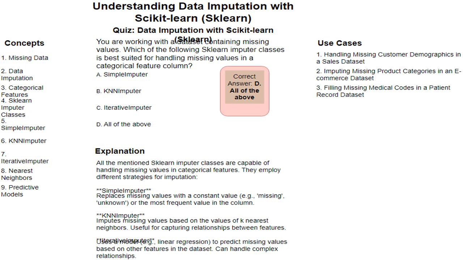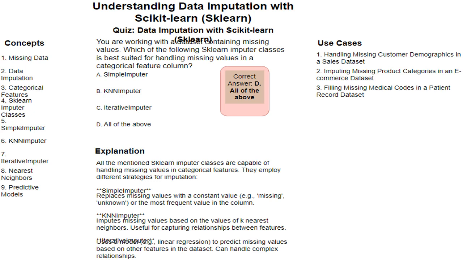Simple imputer is a basic sklearn imputer class that replaces missing values with a constant value, e.g., missing, unknown, or the most frequent value in the column. It's suitable for simple scenarios with limited dependencies between features. Simple imputer is often used for handling missing values in categorical features with low